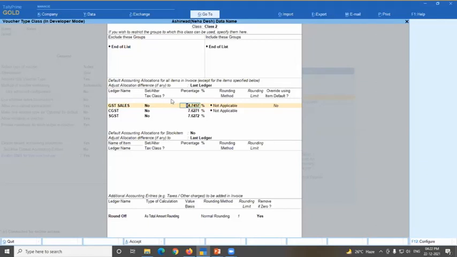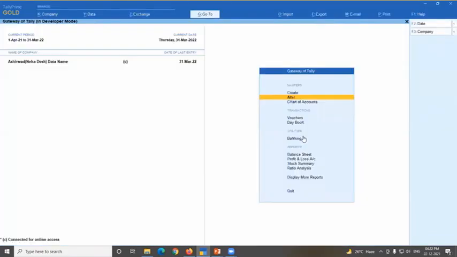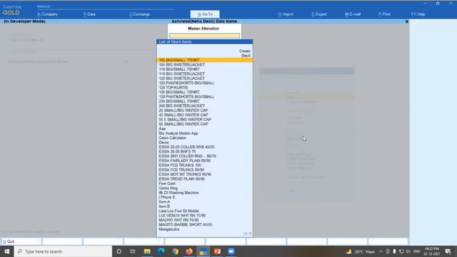So he can do this type of setting, the single transaction, single GST rate. If you have multiple GST rates, there is also a provision to make your stock items with accounting allocations. But that is actually another topic. It will not be covered in 10 or 20 minutes. So just search on Tally and you will get the accounting allocations concept of item. So I will just focus on that. I am only touching the topic of stock item.